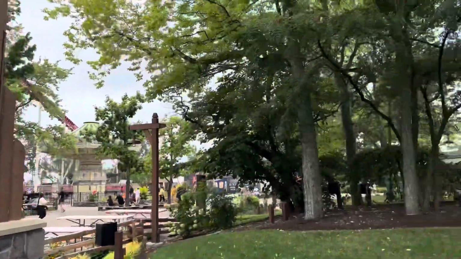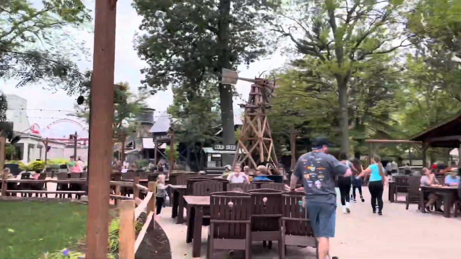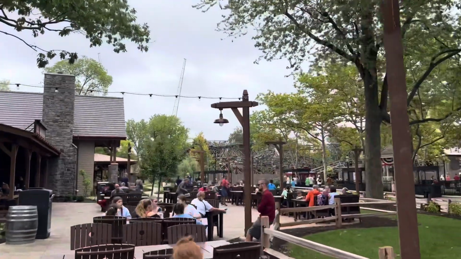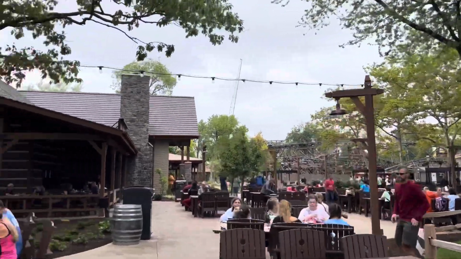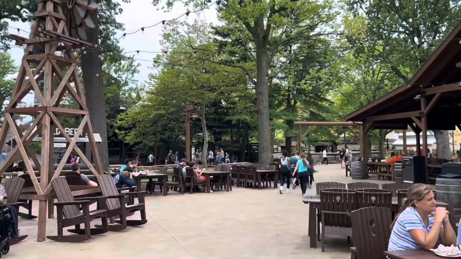We come into a clearing here. We've got some swings over that direction. Got some good eats in here. The mine coaster is over on your right there. And I'm getting a little disoriented. But if we keep continuing straight, we